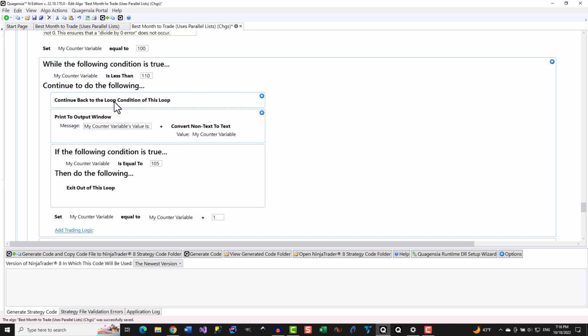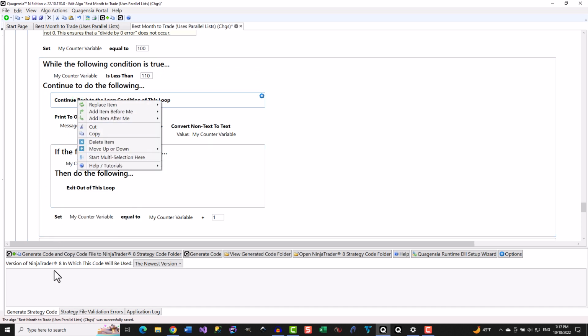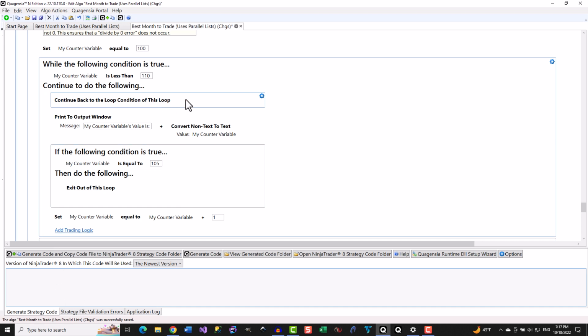This action causes execution of the strategy's logic to continue back to the loop condition of this loop, without executing the rest of the logic in this loop that is beneath this action. If this action is currently located inside of multiple nested loops, execution of the strategy's logic will continue back to the loop condition that belongs to the innermost loop only. If the loop condition of the innermost loop that contains this action evaluates to true, the innermost loop will be executed again. Currently, this Continue Back to the Loop Condition of This Loop action will create an infinite loop scenario,